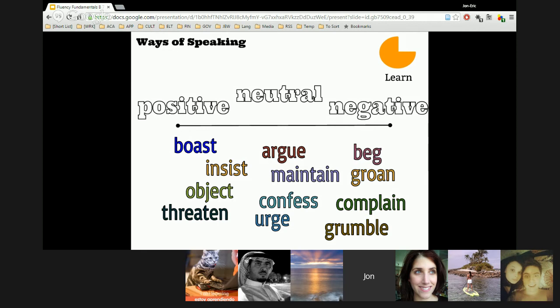For example, we can groan over new taxes. Exactly. After the tax hike, the taxpayers groaned about the extra money they had to pay. We can groan about anything about money. So groan sounds like it is. Groan is this: ugh. That's groaning. So I put groan and complain next to each other because they mean the same thing. To groan, to complain. Groan is much more emotional.